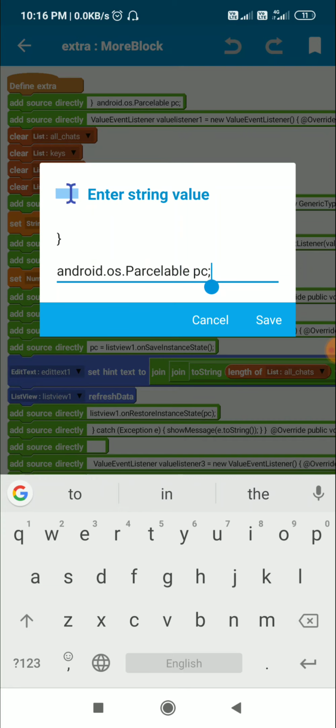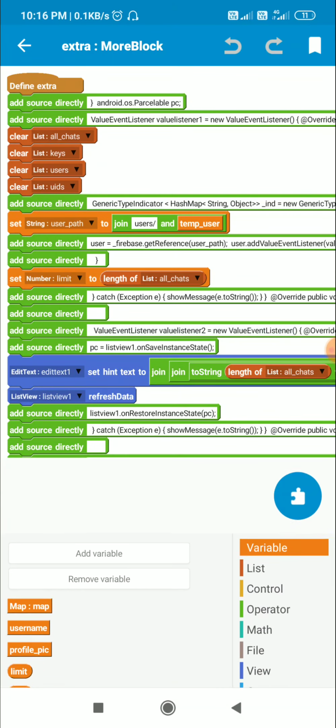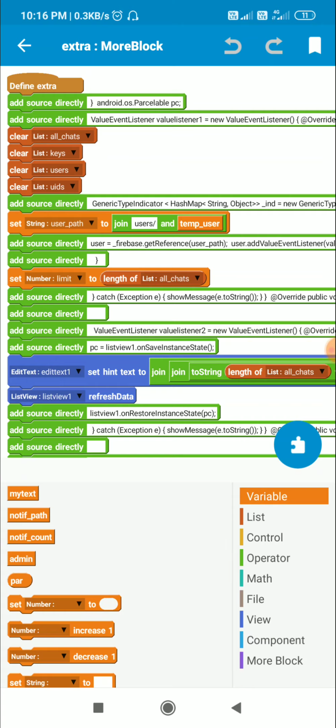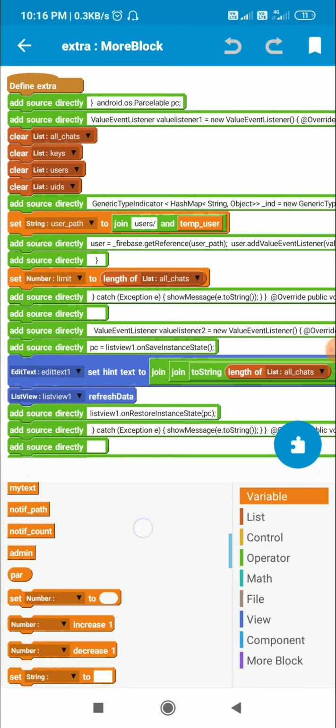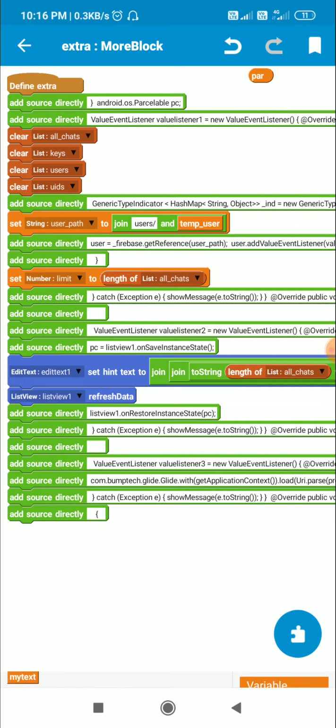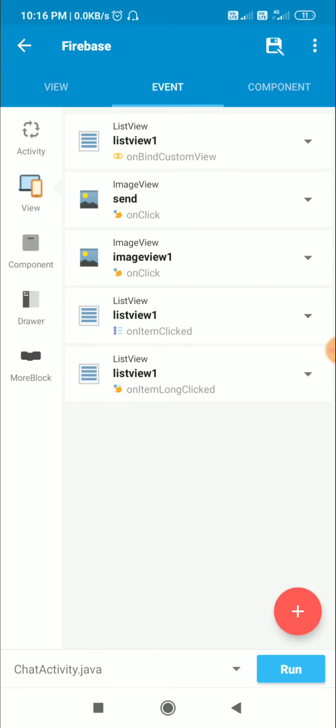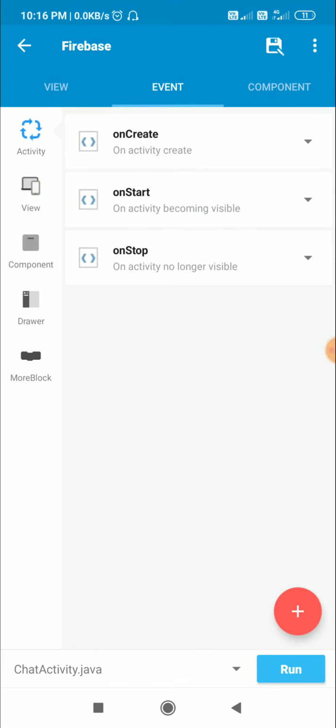Apart from this we have to create a number variable. So here I have created a number variable par. The first place where I've used it is in the onStop method.